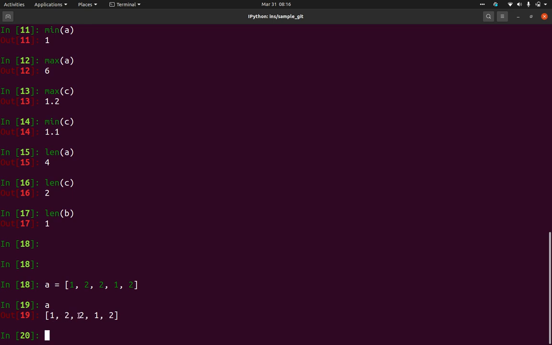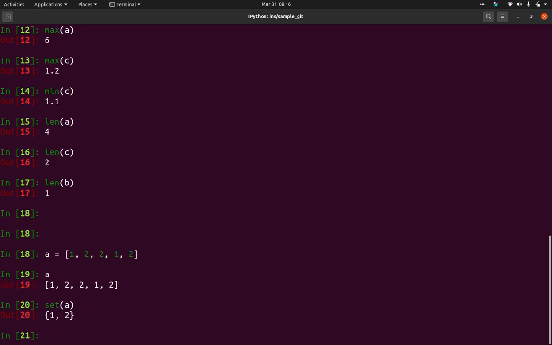If I convert this into a set, it will only give me the unique values. There is a function to convert it into a set, which is set. You can pass the iterable item, which is your list. Now we can see it automatically converts into 1, 2. Whenever you convert into a set, it automatically deletes all the duplicate items, because it can only hold unique values.